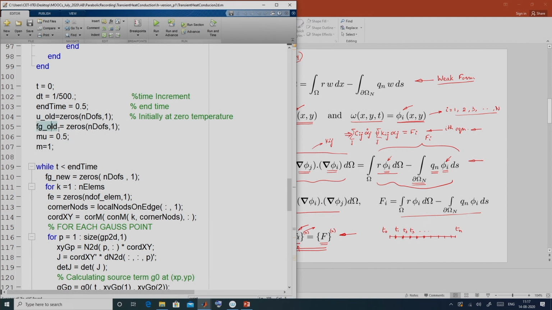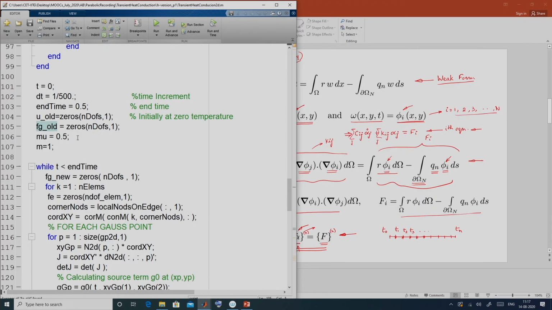Similarly, F g, because F bar, the modified force vector term, contains F n, F at time t equal to t n. So, that also we need to store from the previous instances, and at the first time step we need F n, and in this case F n is actually 0, because our heat source term and the Neumann boundary term are absent at time t equal to 0. So, that is why F g at time t equal to t 0 is 0.